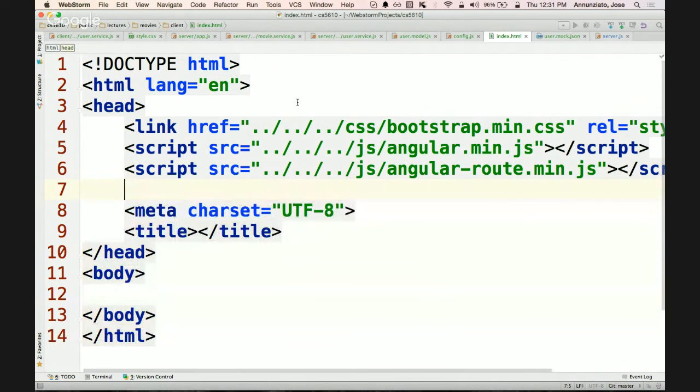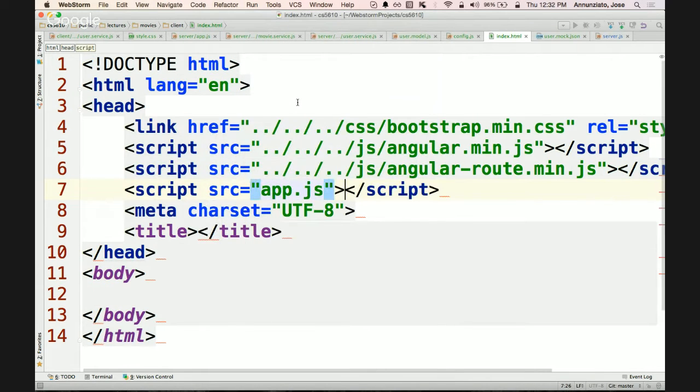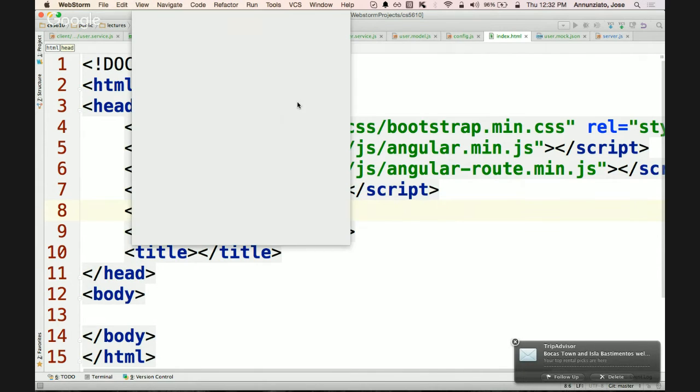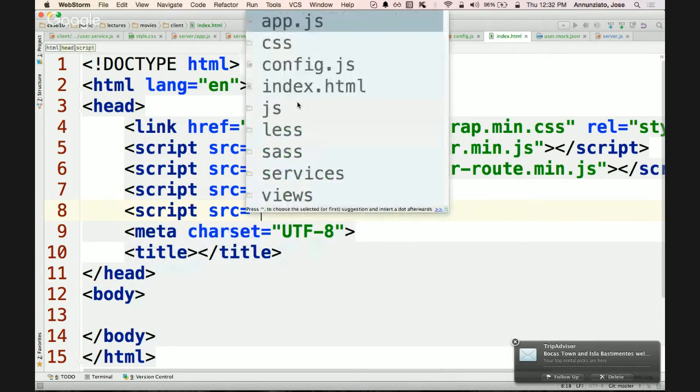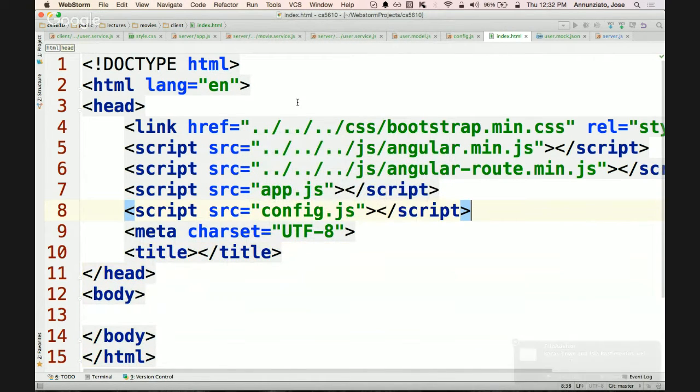What else? Let's load our application, right? Let's load our application. So it'll be script, src, our application. Let's just app.js, right? What else? We're gonna have to load the configuration, right? So we'll do script source config, right? What else do we need to load? Well, all the controllers, right, for each one of those views, but we'll do it as needed, okay? Well, actually, at least let's